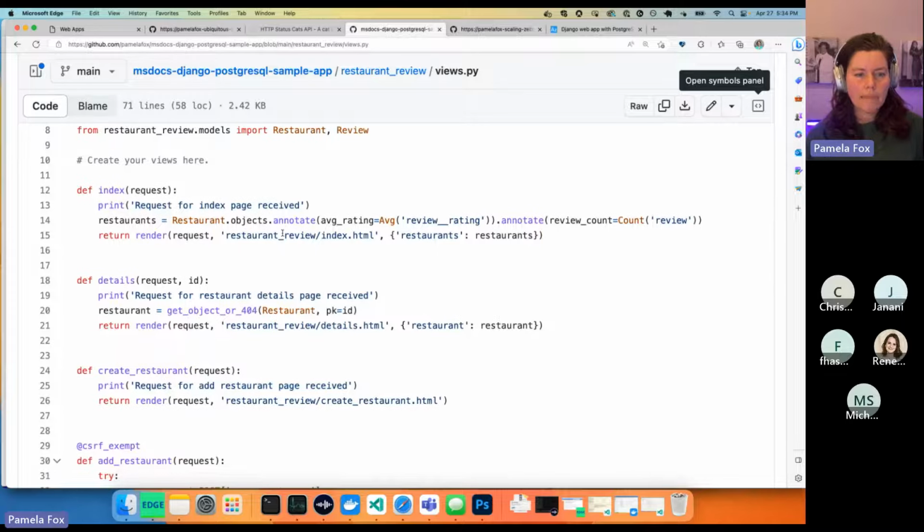Then it passes that to the template as template variables. What you notice here is that Django also has a templating system. It's not exactly the same as the Flask templating system, but it's very similar. You specify a file name and pass in some template variables, and it combines them together.